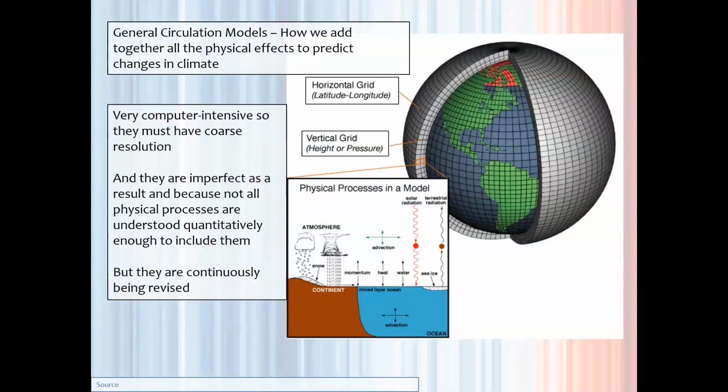So these GCMs, general circulation models, are how we add together all the physical effects to predict changes in climate. So we use those equations to say, okay, given this much radiation, it'll warm up this much here. Given this much extra water vapor, we'll create this much cloud in this spot. Winds will push those clouds in this and that direction. So we put all of that math together in these huge models that are trying to represent what's going on